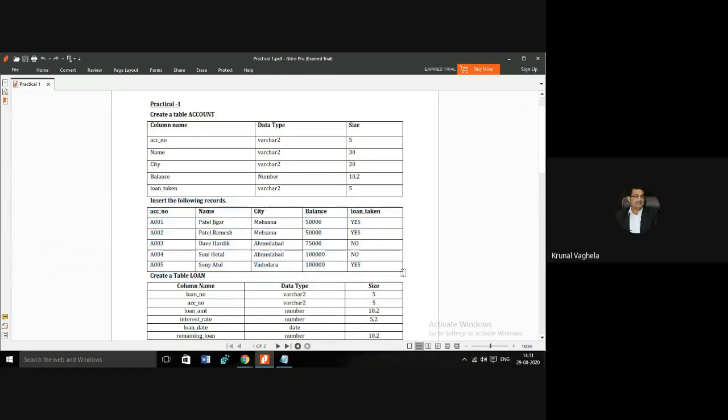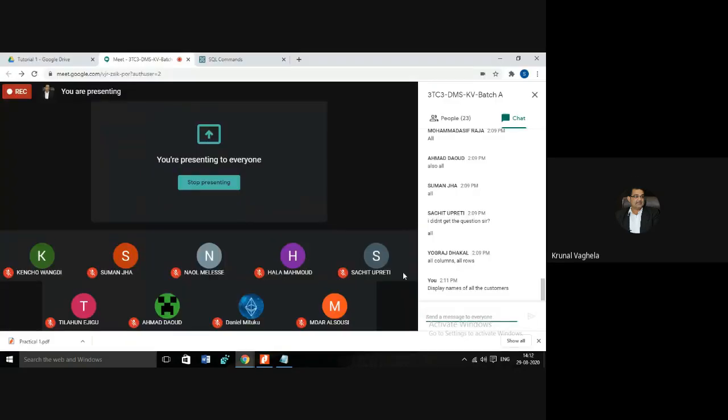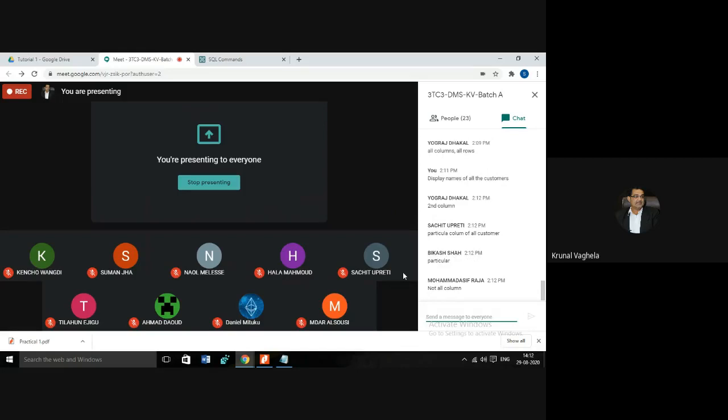Now tell me, are they asking for some particular row or all the rows? This is the table. First, tell me the column. Are they asking for some particular column or all the columns? Particular column, not all the columns, because the query is display name.